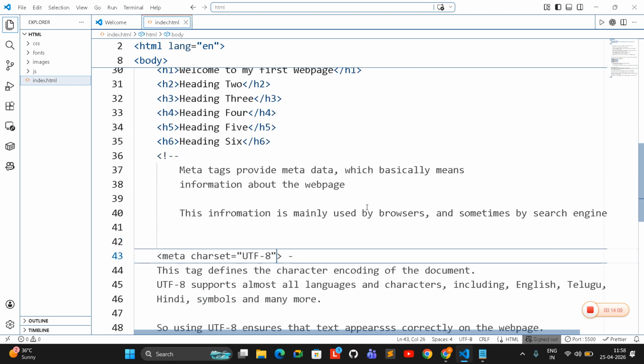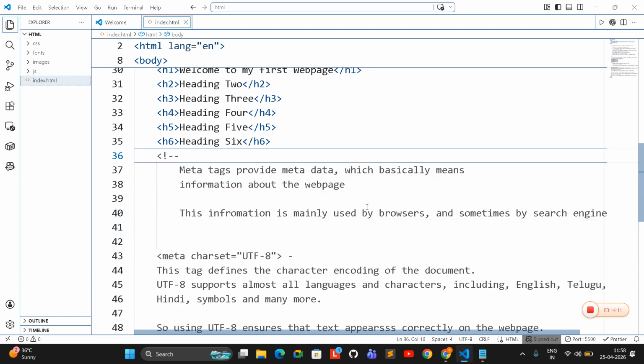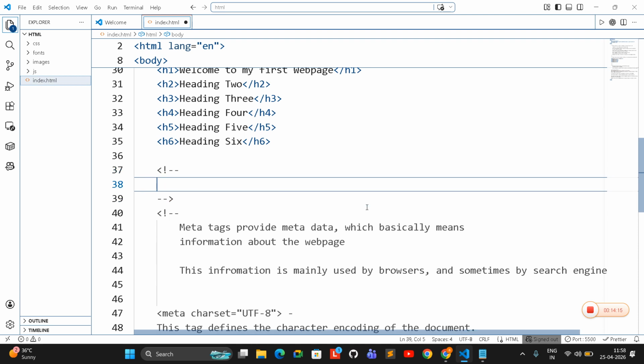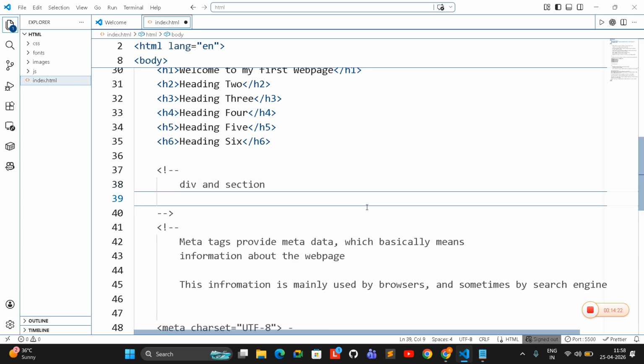That's about the heading tags. But before we wrap up the heading tags, one small thing I would like to talk about: we have two sets of tags, the division and section tags. The reason I'm talking about this while discussing heading tags is that when we use a div tag, there is no certain rule